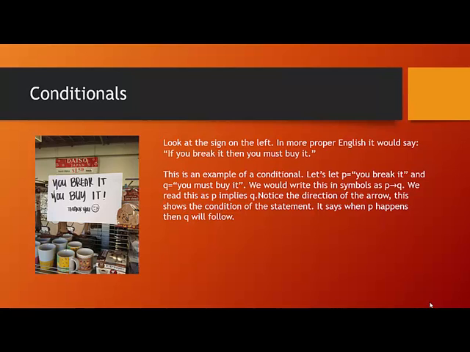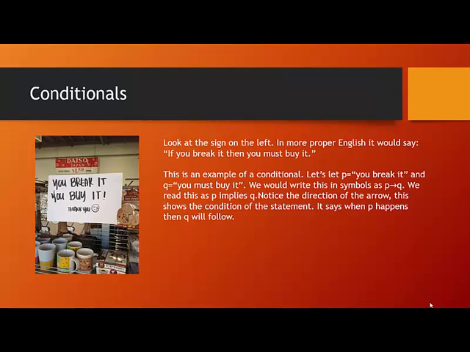It says you break it, you buy it. So what I think it really is trying to say to us is if you break it, then you must buy it. And this is an example of the conditional. So what we would say here is, well, let's call this statement, you break it, let's call that P, and then you buy it, let's call that Q, and we would write this in symbols as P with an arrow to Q. We read it as P implies Q,